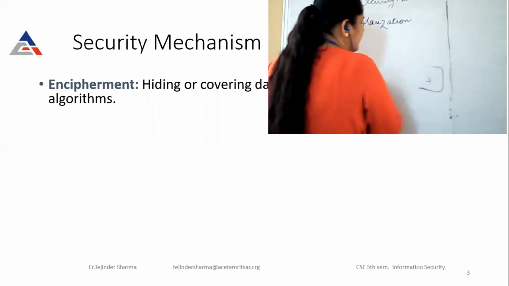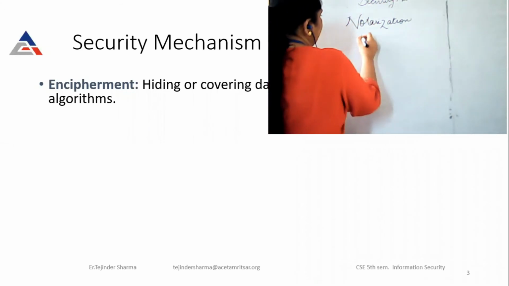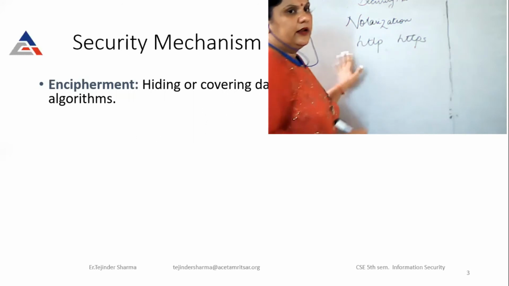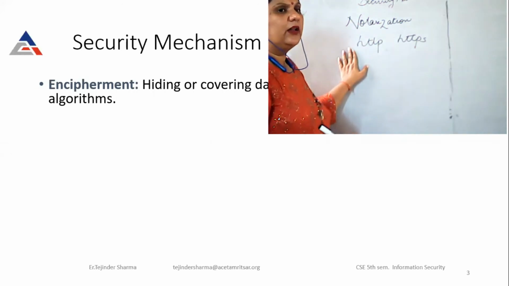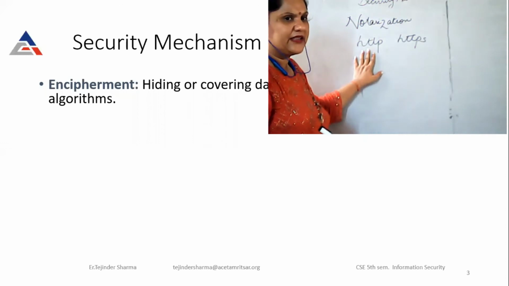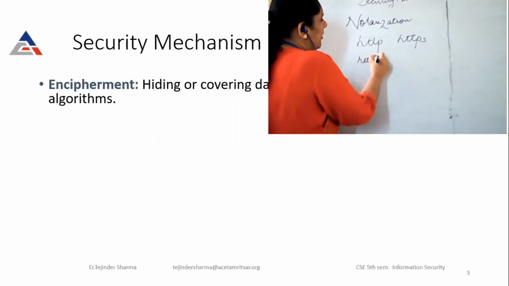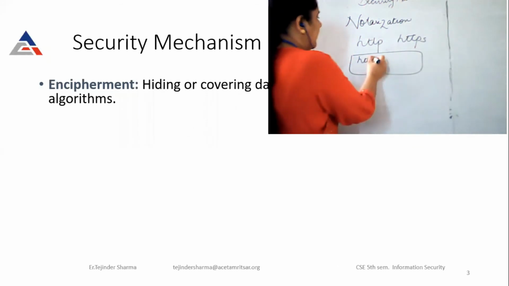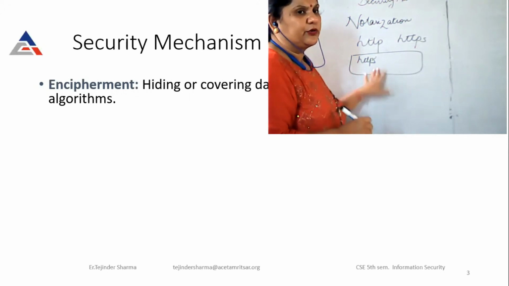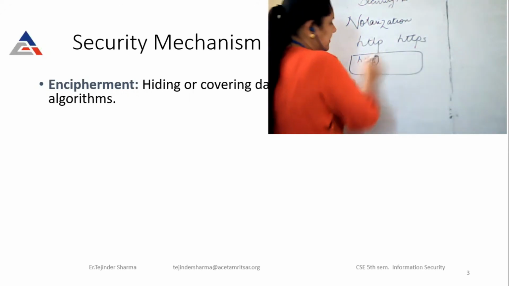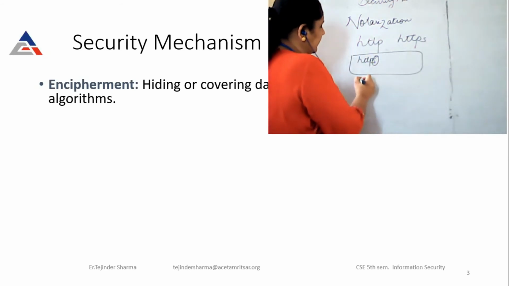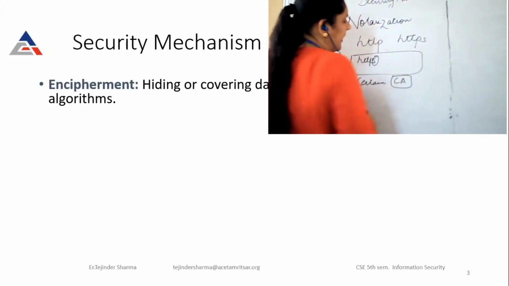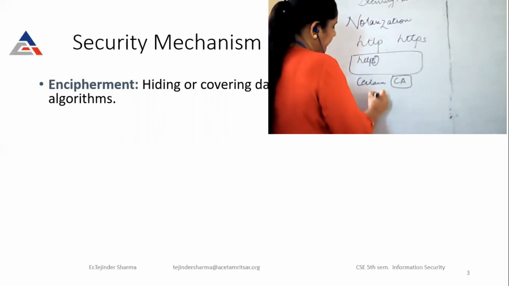In case of websites, there is one protocol called HTTP, another is HTTPS. In today's world, normally all the sites which carry financial transactions, whenever you write HTTP on the browser link, it automatically converts it into HTTPS. That means Hypertext Transfer Protocol Secure. To achieve this secure S, there are certain certifying authorities, CAs, which allocate certificates